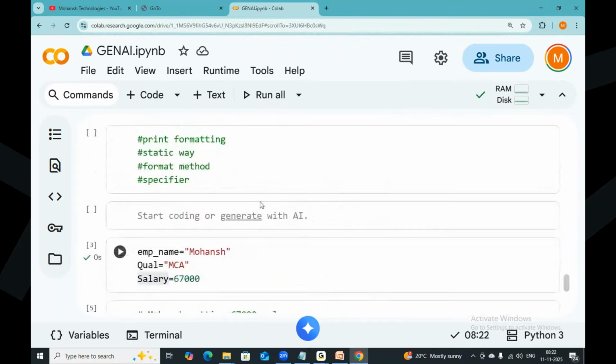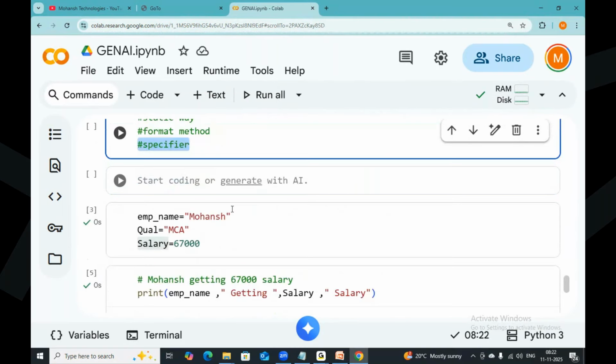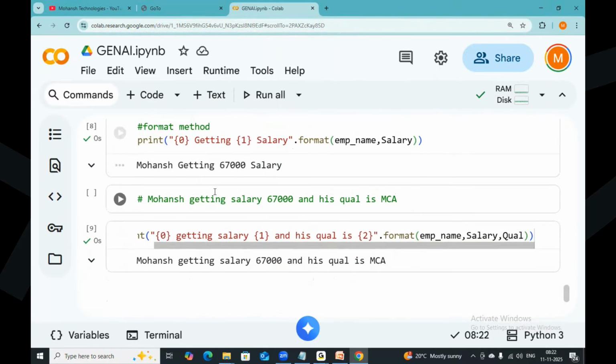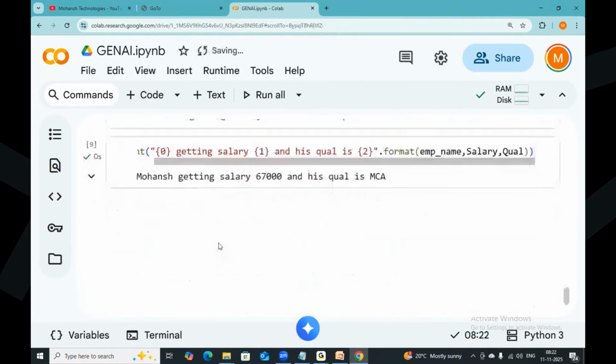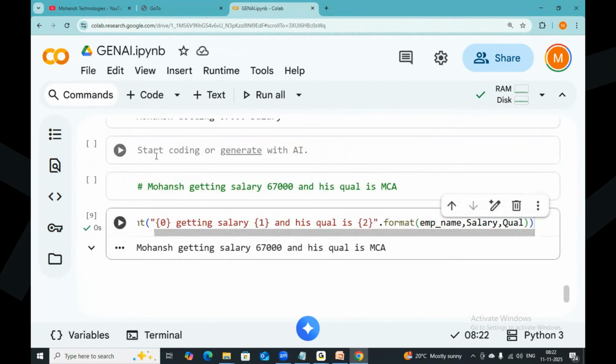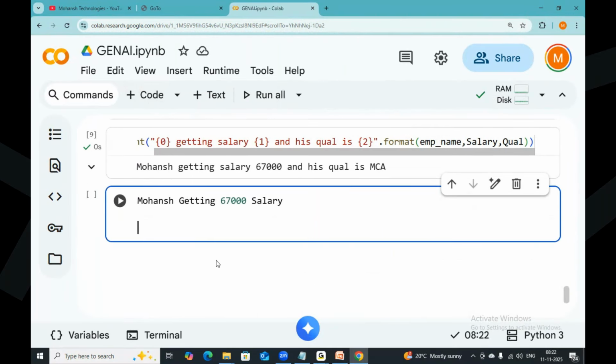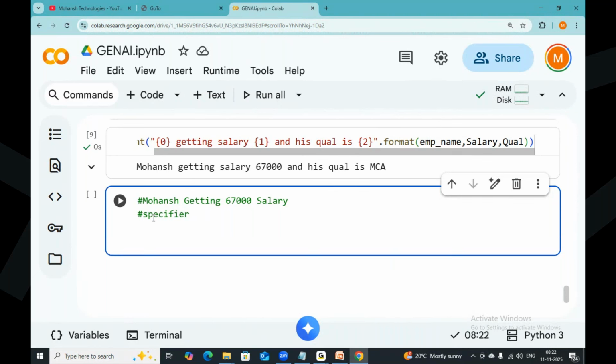There is one more process which is available, something like a specifier process. What is the specifier process I want to do? The same thing I want to see using the specifier process. Okay, let me write it down. Print, same, but here Mohansh %s getting salary, 67,000, again %s